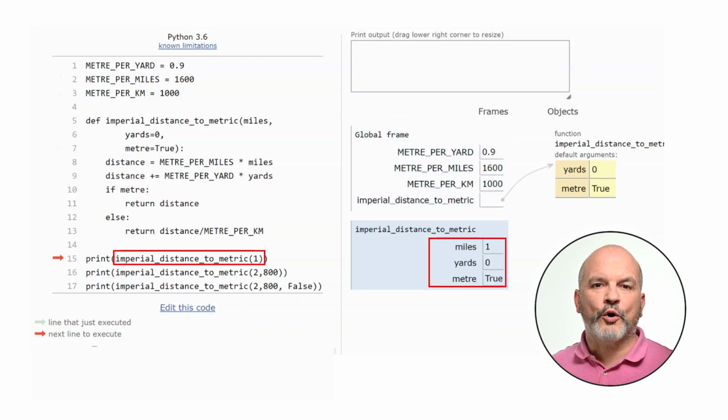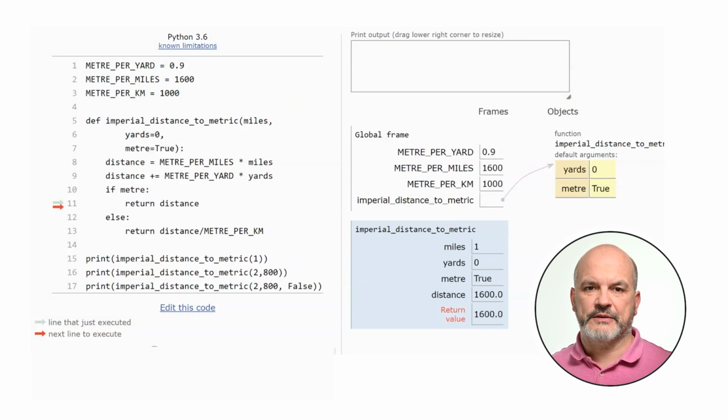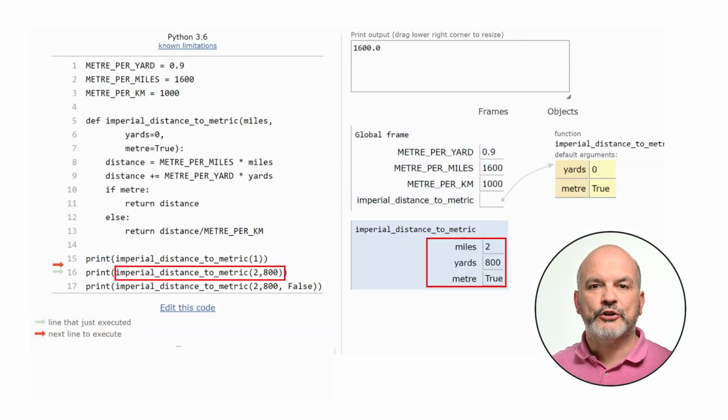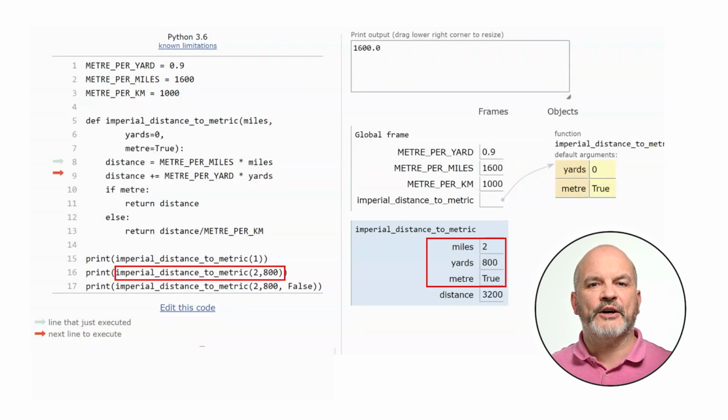For example, calling imperial distance to metric with only one parameter, 1, returns 1600. That is the distance of 1 mile in meters. Calling imperial distance to metric with two parameters, 2 and 800, returns 3920. That is the distance of 2 miles and 800 yards in meters.